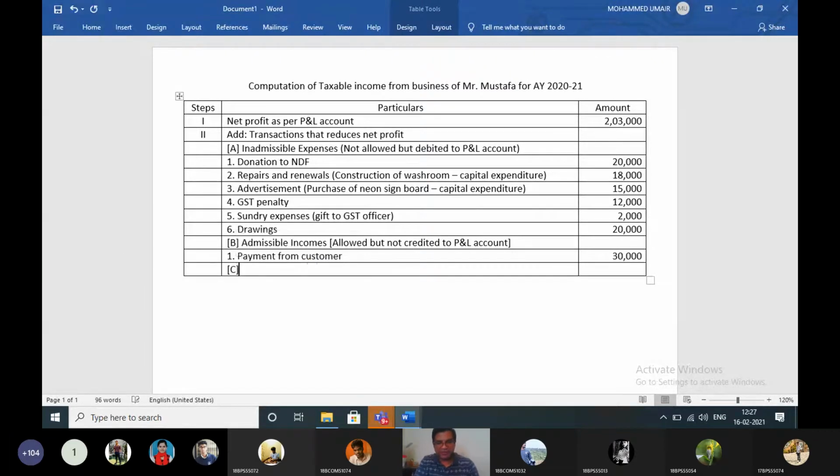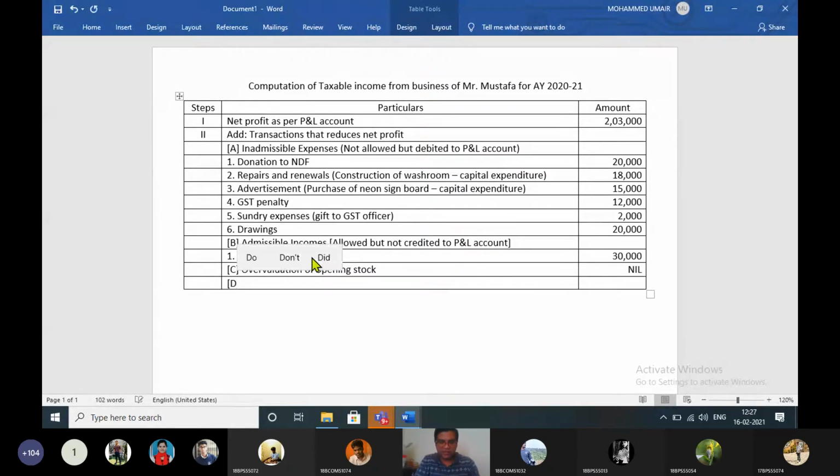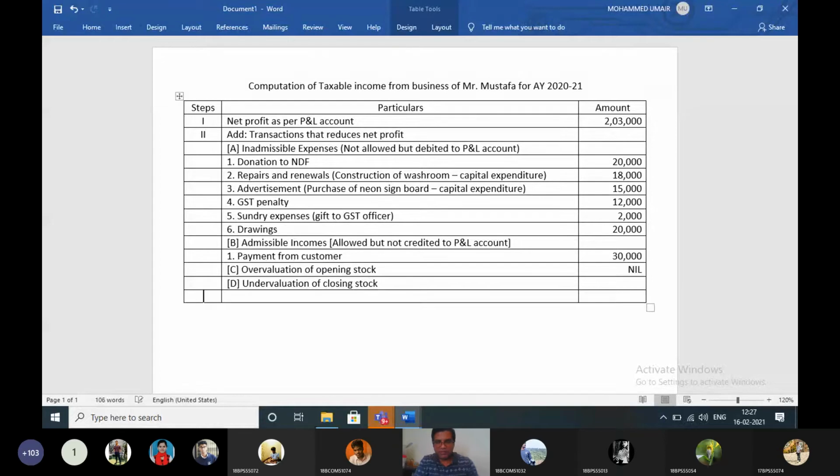Stock we do not have in this question. So overvaluation of opening stock and undervaluation of closing stock, both are not there. So we are done with part 2. Now let's quickly do the totaling. Total of